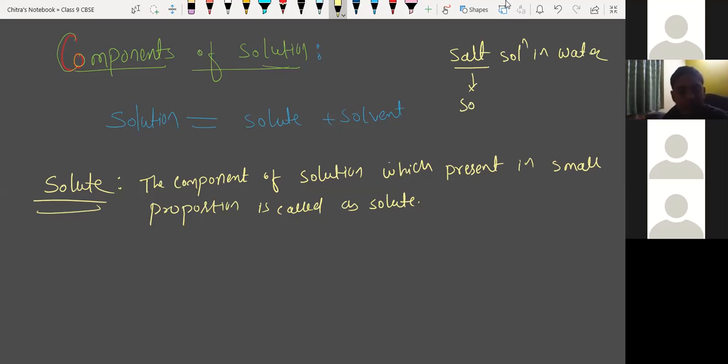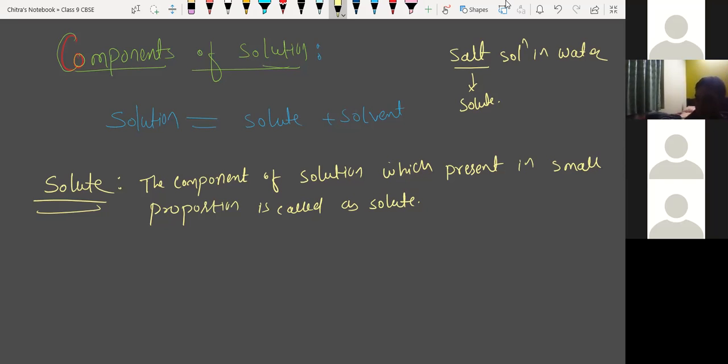Sir, quick question. So we are comparing it as small in proportion compared to the solvent, right? Yes. Solute and solvent are different on the basis of their proportion. If it is in large proportion, then it is solvent. If it is in small proportion, then it is solute. Suppose we have water in very less concentration and salt in more concentration. So salt will be the solvent in that case. But excess salt which is not going to dissolve in water, beta...